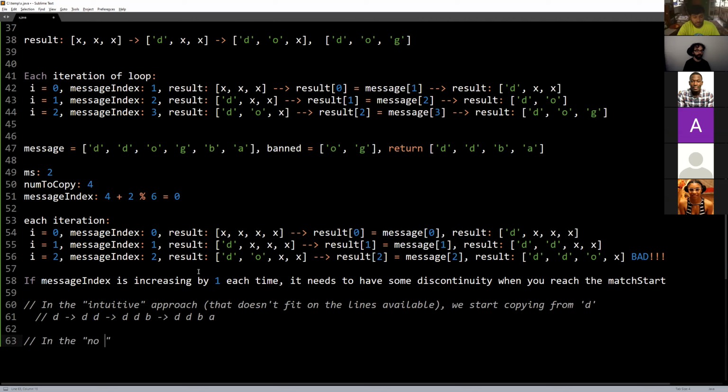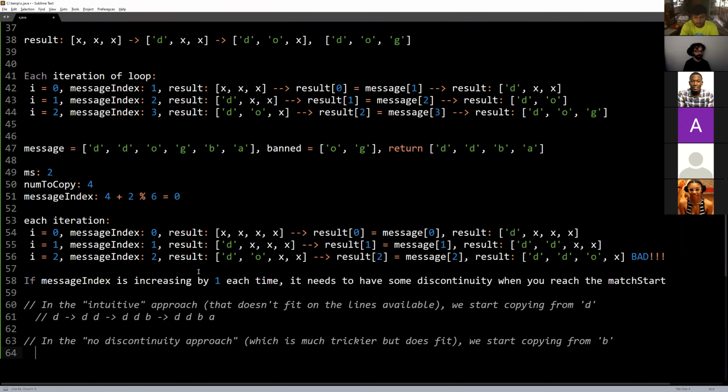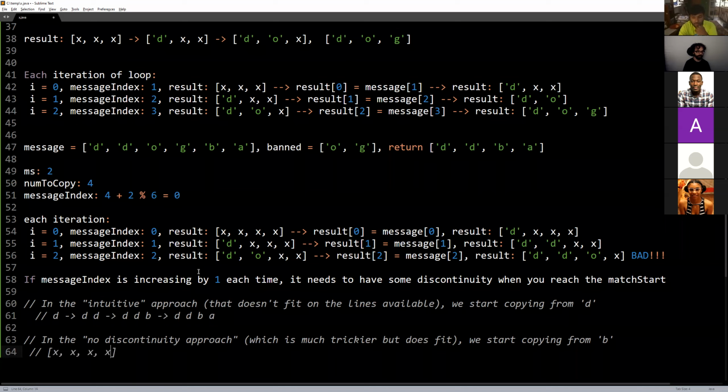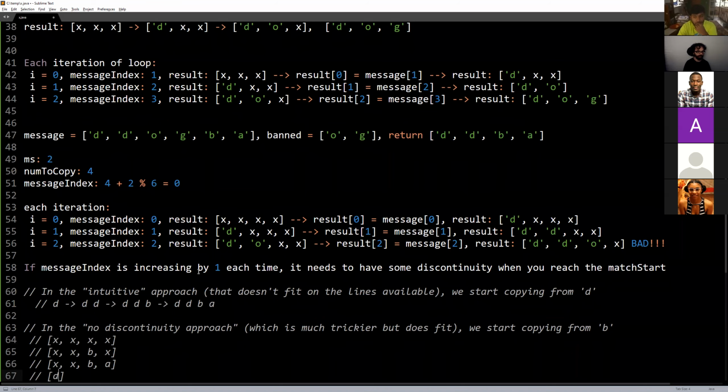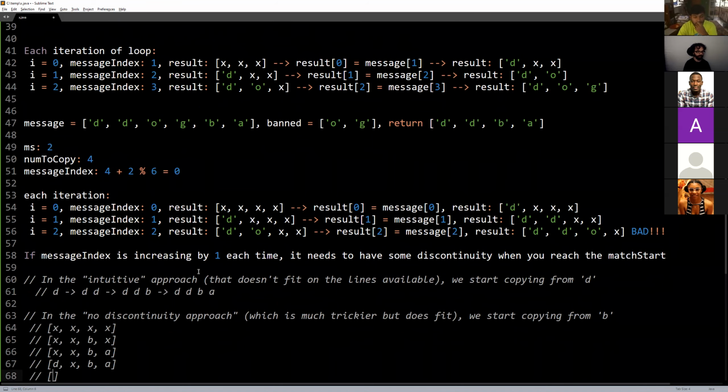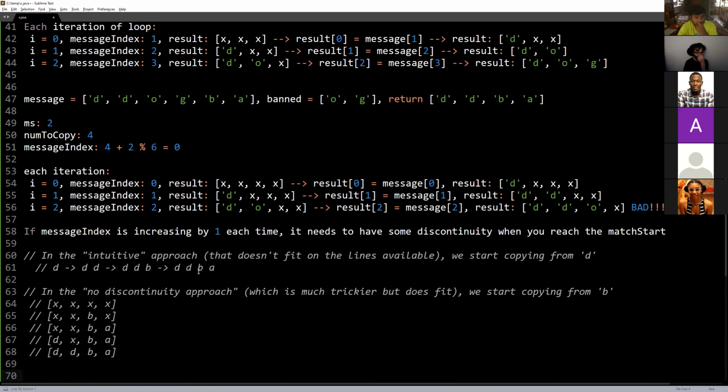In the no discontinuity approach, which is much trickier but does fit, we start copying from B. So the result array goes from nothing to B to XXBA to DXBA to DDBA. Doing that is pretty hard, but that's the idea behind it.